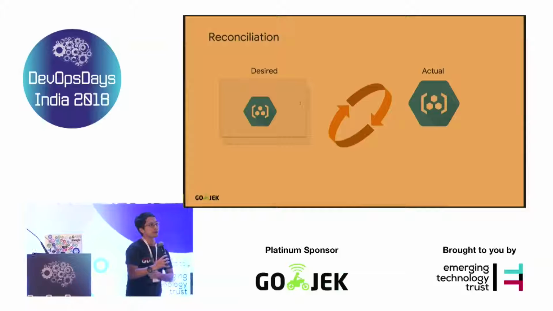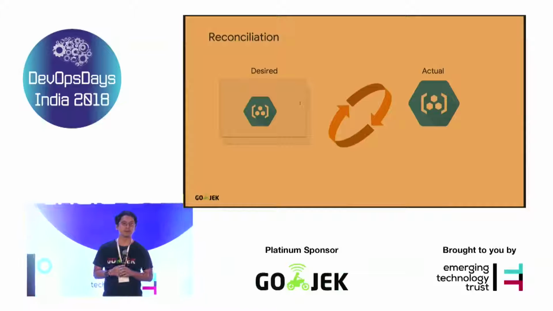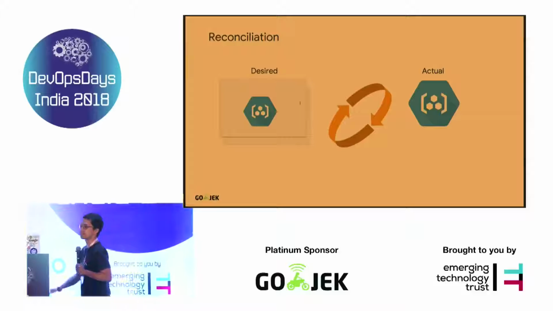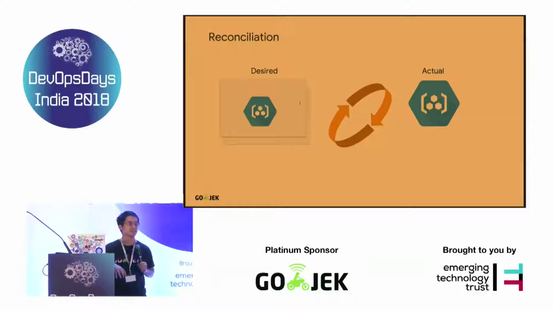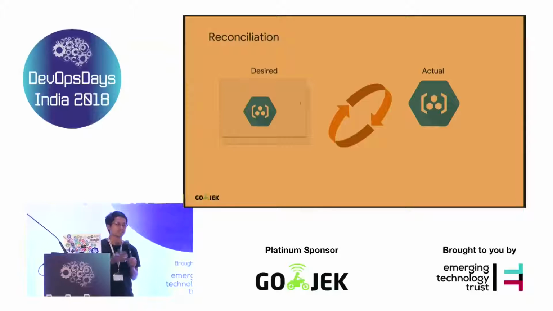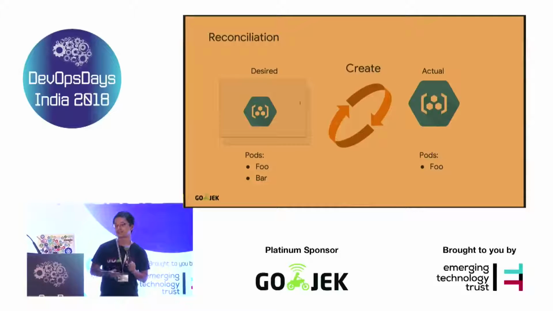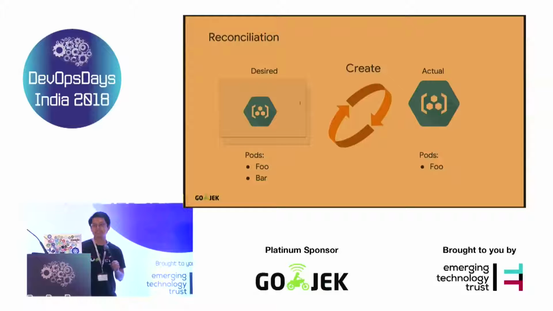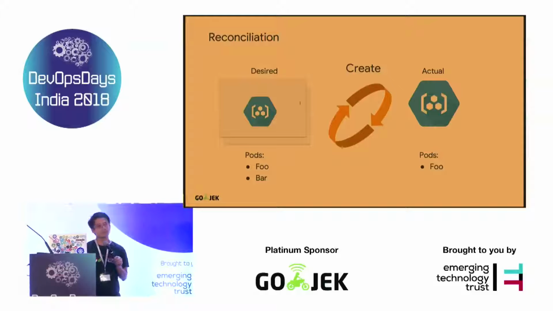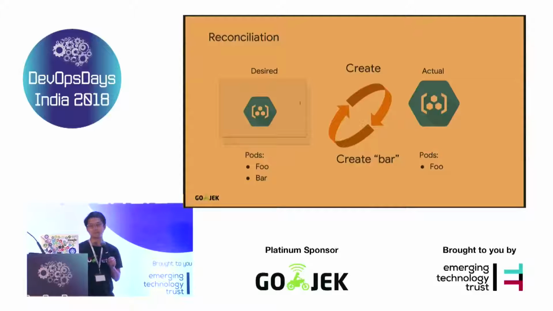I want to take a step back and introduce you to a design pattern called the reconciliation pattern, which is used everywhere inside Kubernetes, as well as probably in other tools in the DevOps world. In the reconciliation pattern, we have a desired state. We also have an actual state. There's a reconciliation loop, which tries to match the actual state to the desired state. In the context of Kubernetes, let's say we want to have 2 pods in the desired state here. The reconciliation loop will see that the actual world only has 1 pod, which is foo. So the reconciliation loop will take an action called create bar, which will create a bar pod in the actual